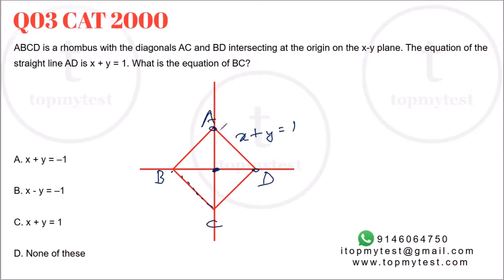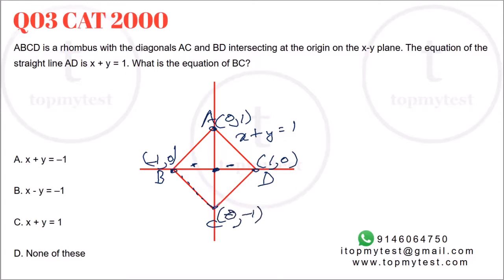So you know that on the coordinate axis, the point here is 0, 1, and the point here will be 1, 0, right? Now the diagonals of a rhombus bisect each other at right angle. So whatever is this length will be the same length here. So I need to go the same shift here. This is 1 unit. I need to go 1 unit to the left. So this will be minus 1, 0. And this length would be, by the same logic, 0, minus 1.